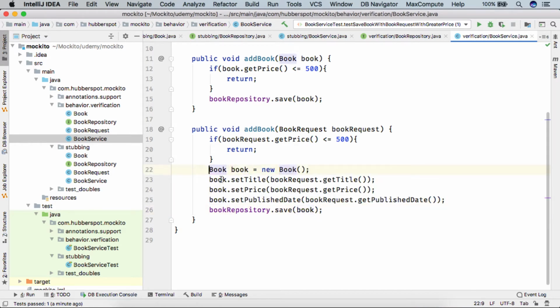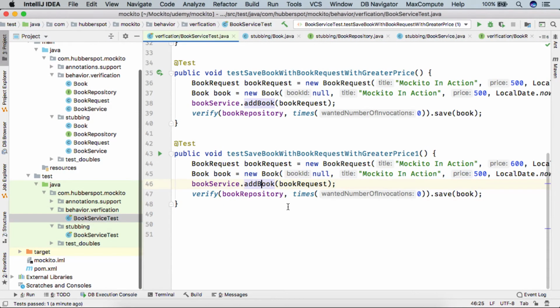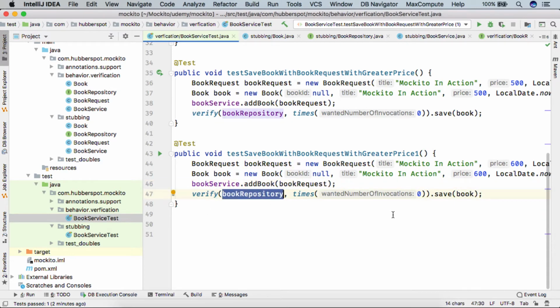That this book will be created, all the properties will be copied from the book request into this book, and the book will be saved using the book repository. So here the book will be created with the value as 600, and after calling the add book method, we will verify that book repository save with this book will be called once. So we provide the value 1 here.